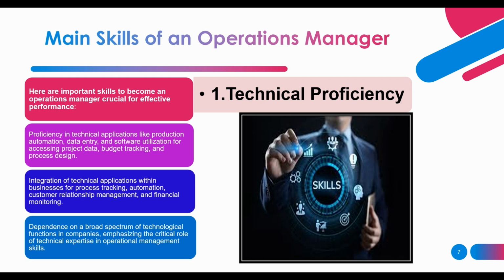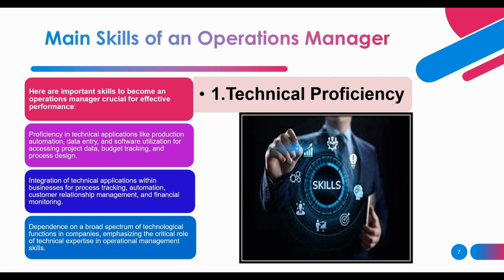Integration of technical applications within business for process tracking, automation, customer relationship management, and financial monitoring, and dependence on a broad spectrum of technological functions in the company, emphasizing the critical role of technical expertise in operational management